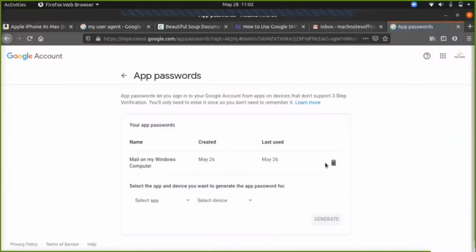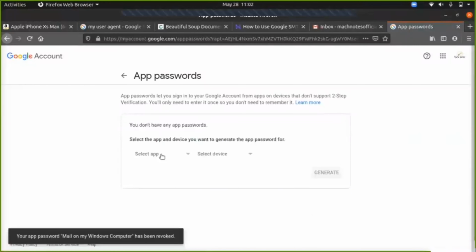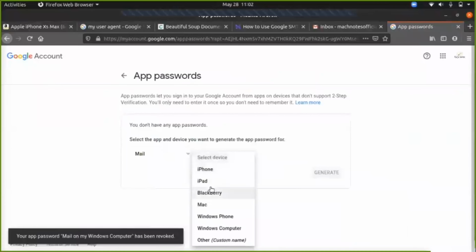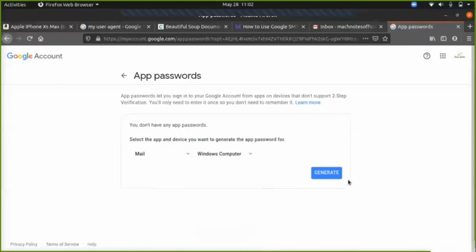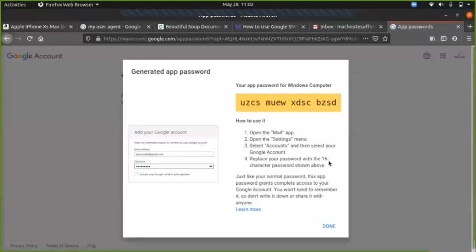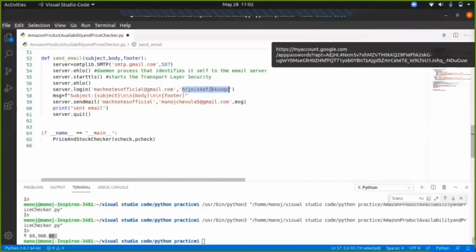I already have a password set, so I'm deleting it and recreating a new one. Under select app, choose mail, and under device, choose computer. Then click on generate. Your password is generated. Copy it and paste it in the code like this.